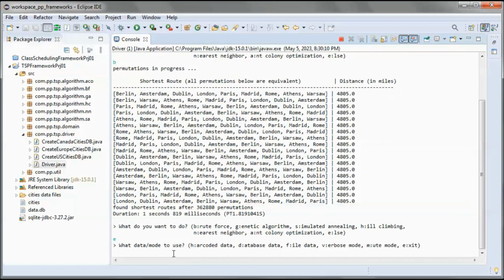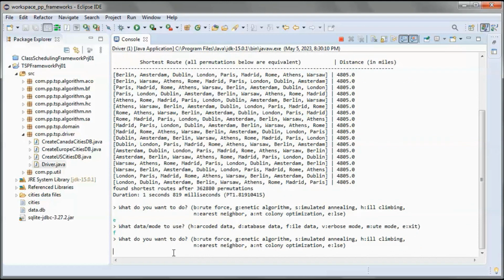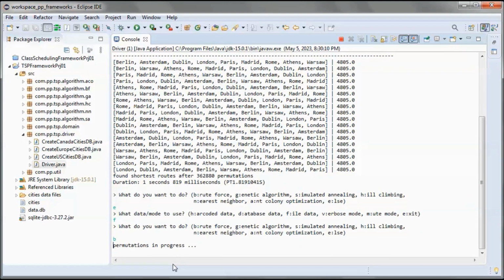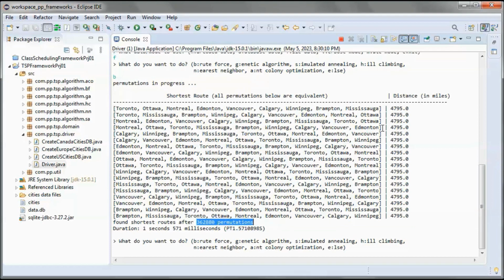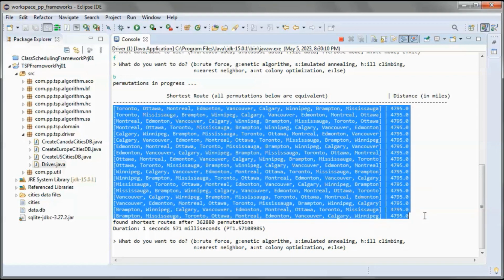So pick up from file and do brute force. So same number of permutations, and this is the shortest distance that we found, and all of those are equivalent.